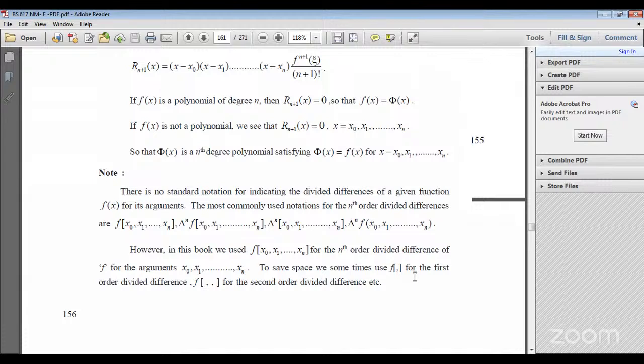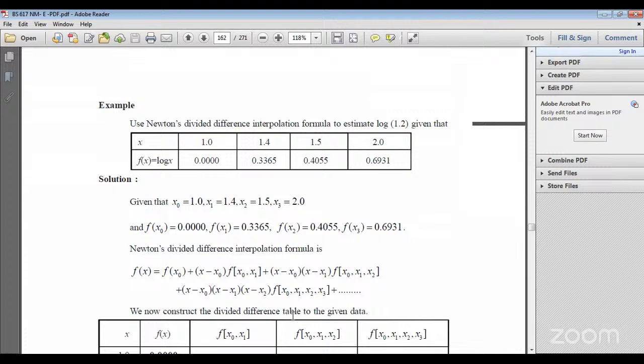However, in this book we use f of x0, x1, x2, x3, up to xn for the nth order divided difference of f for the arguments x0, x1, x2, up to xn. To save space, we use a colon for the first order difference and two colons for the second order differences. So, for an example, we are taking here